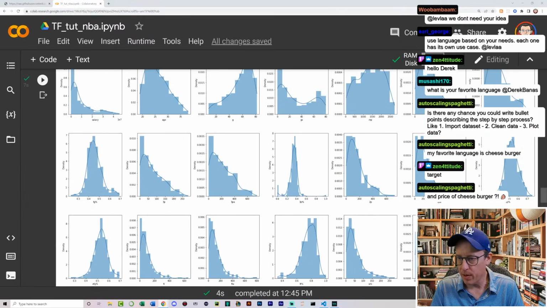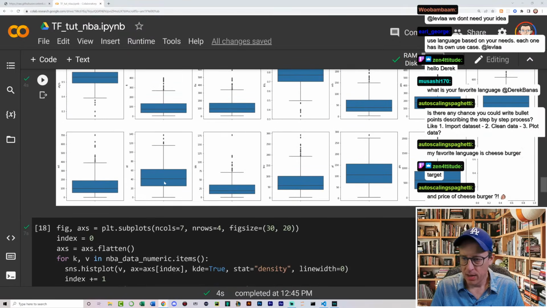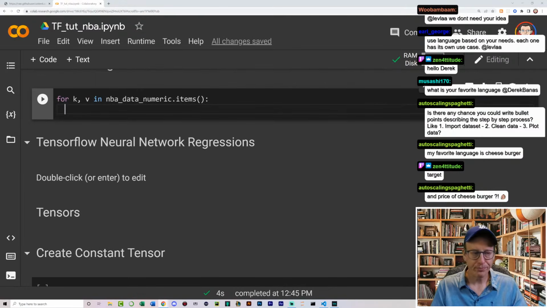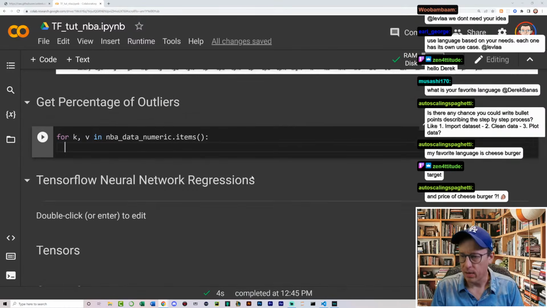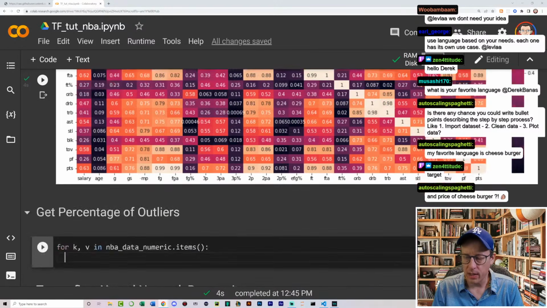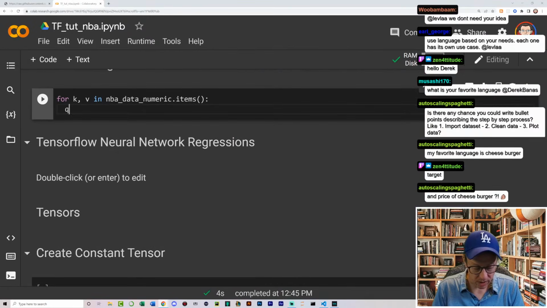So if we go up here to the boxplot, this is what we're interested in, this guy right here. And what we want to do is find out what percentage of all the data points are outliers. So we want to find out what percentage of all this data here is this, okay? And it has big fancy names, but it's basically just a formula. All right, so what we need to do is get our first quartile. That is the difference here. We're going to be getting this guy right here and this guy right here, okay? This guy right between this and that and that and there, okay? So we need to calculate those. How do we do that? I'm just going to call this Q1